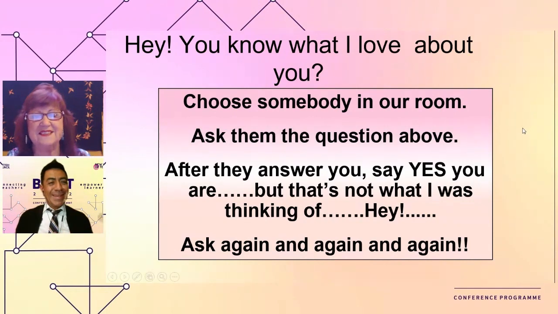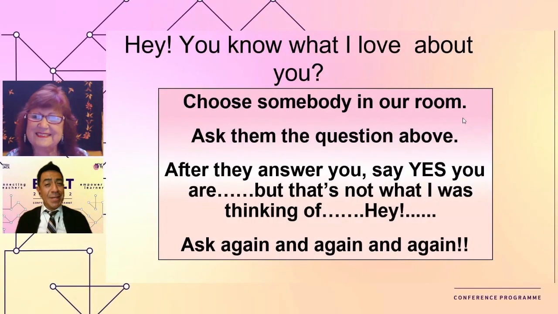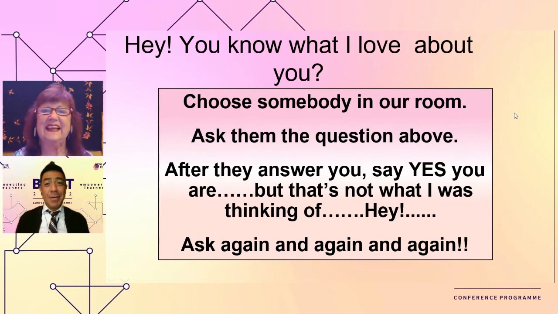Now you have to tell me something else. Well, I don't know, Susan. I never thought of it. Maybe my eyes? Yes, you have lovely eyes. I love your eyes. But that wasn't what I was thinking about. Miguel, you know what I love about you? I don't really know. Think of something. Maybe my tattoos? Yeah, I love your tattoos. Some of them are so intriguing. That's not what I was thinking of. So tell me now. I'm curious. All right, I'll tell you.